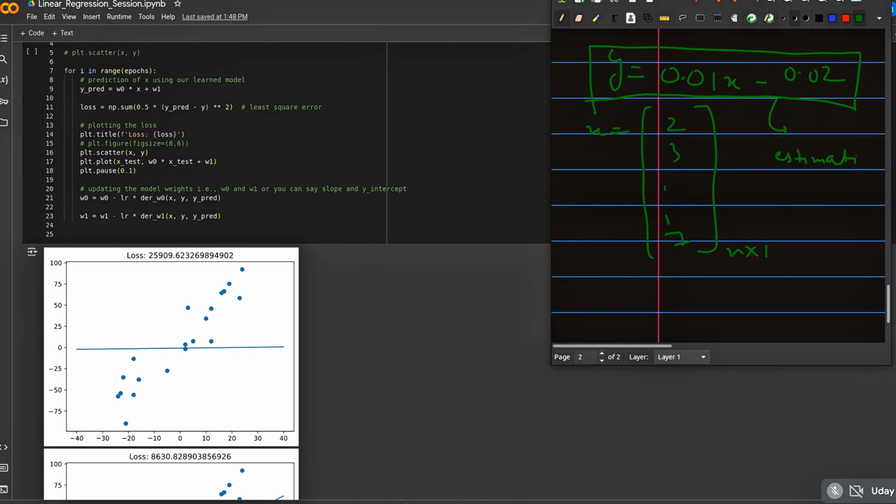I know initially we have initialized this randomly, but let's consider that yes, this is somewhat correct, not exactly correct but somewhat correct. So based on that you will compute this y value using these x. Okay, so it won't be correct, so whatever prediction we are getting I'm terming it as y hat, and using this you will get some vector which will also be n cross 1. Okay,